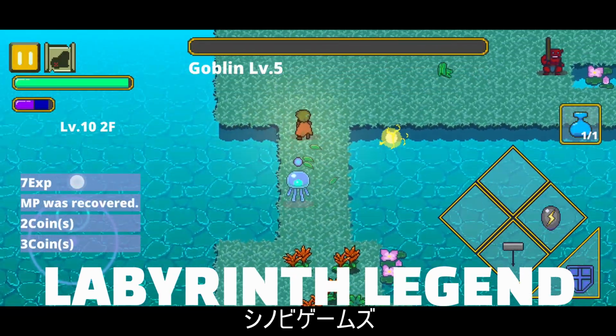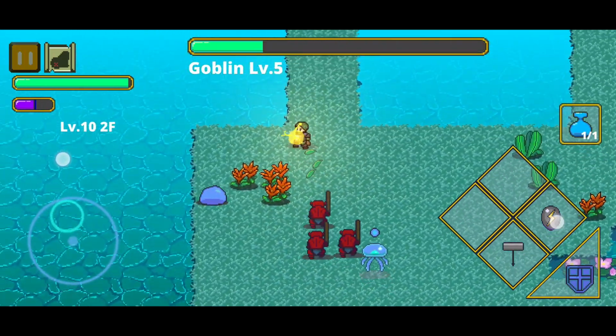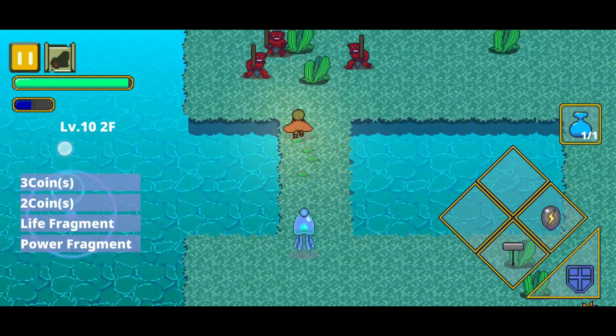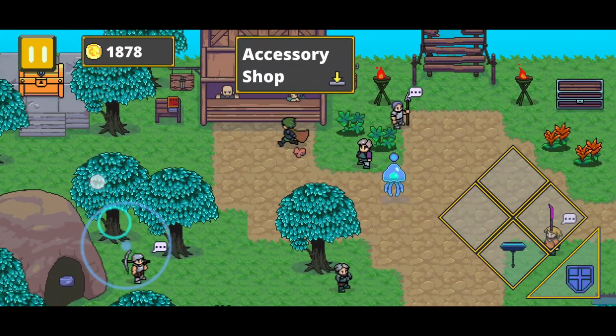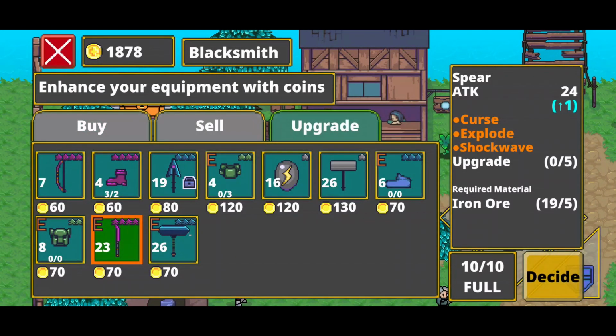Let's just jump straight into today's first game, which is Labyrinth Legend. And this game is an isometric action dungeon crawler RPG that doesn't have high quality graphics, but it makes up for that with fun, loot-based gameplay and interesting and challenging boss fights, and by the way, a really great monetization system. So with pets, lots of weapons with unique attributes, and randomly generated dungeons, this game feels a bit